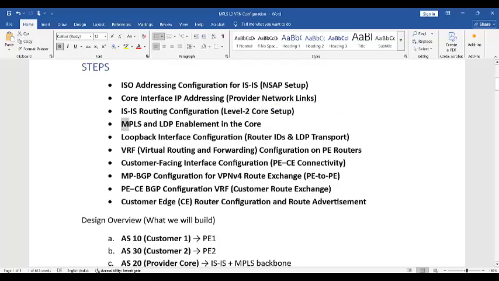And the next step is that MPLS LDP needs to be enabled in the core, because without this we cannot have MPLS layer 3 VPN. And then we have the loopback interface, which is going to be used as the router ID for all routing options like BGP, in our case MPLS. So we need to configure this loopback interface,